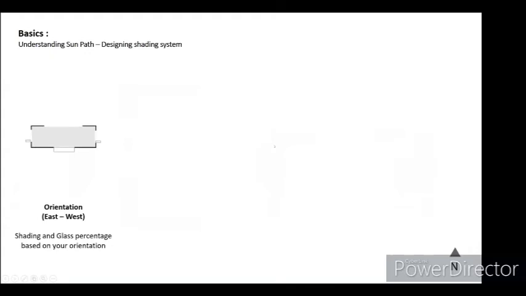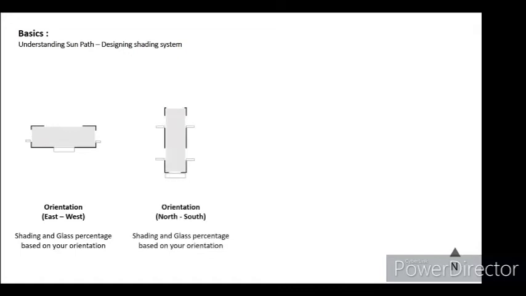So once you have an understanding of the shading system, we all know that the best orientation is always east-west, and we can put more glass on the north and a bit lesser on the other three sides and design a shading system. But you won't get projects or the site access like this all the time. So you might even need to put your buildings in a north-south orientation, which is not preferable, but that's what the site is all about. That's due to the constraints of the site. But still, you can design a better shading system and choose appropriate glass percentage on what side and how much you have to provide.